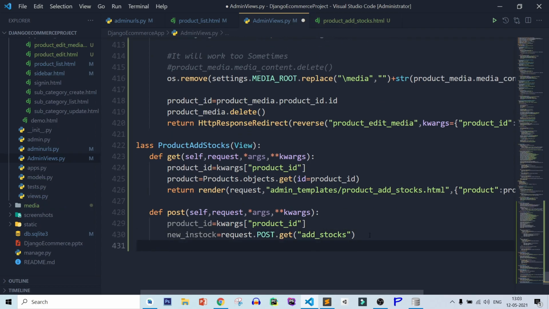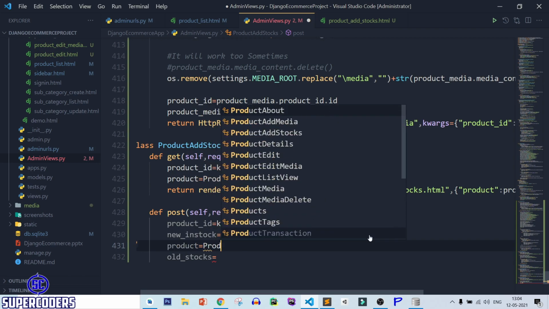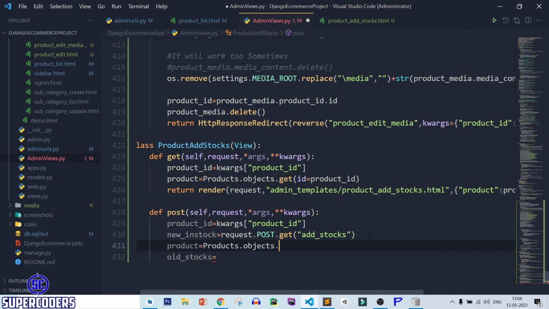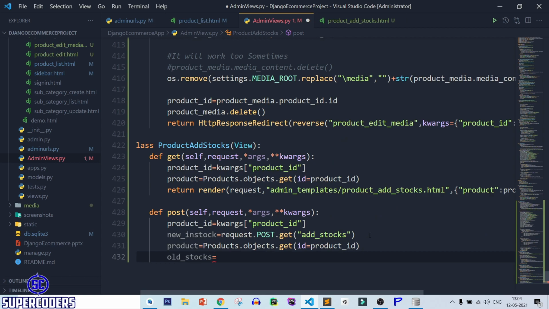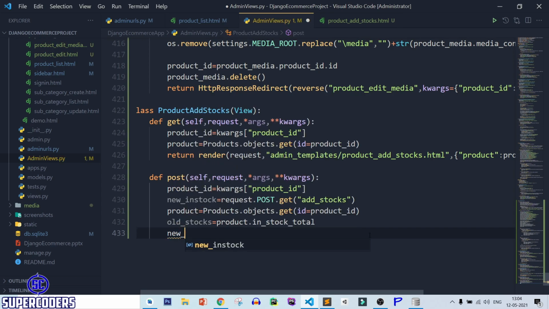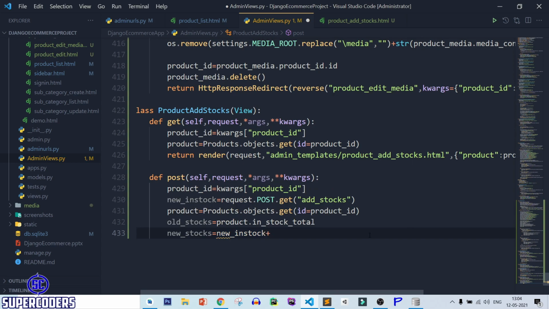After that, old stocks equal to product equal to products dot objects dot get, id equal to product underscore id. So old stock equal to product dot in stock total, new stocks equal to new in stock plus old stocks.